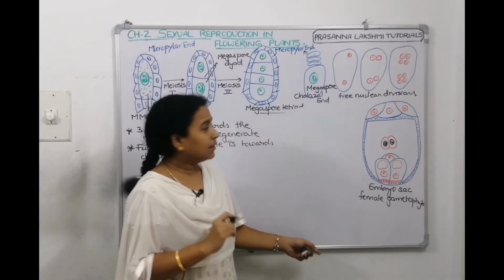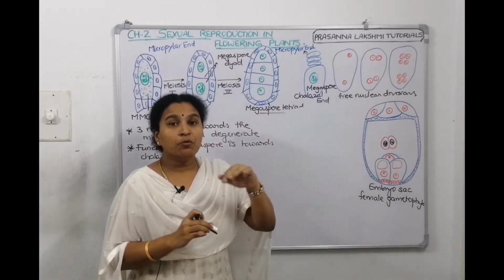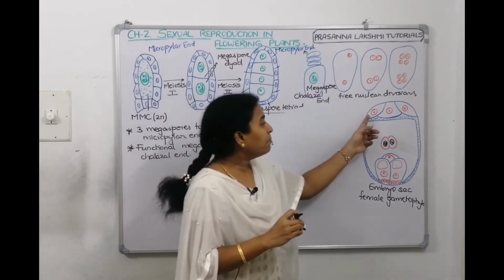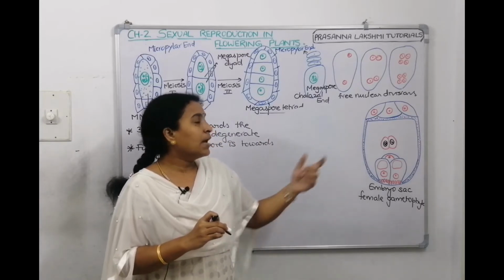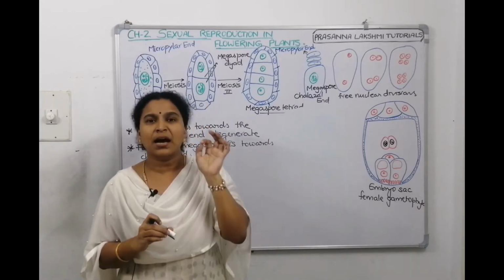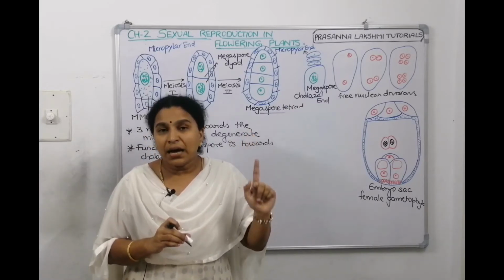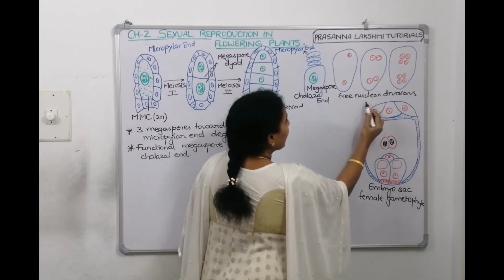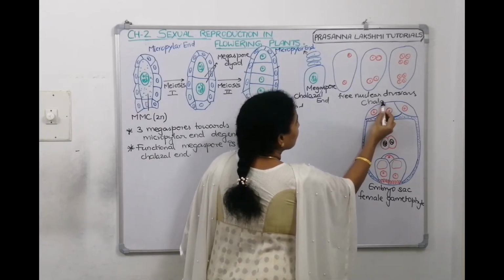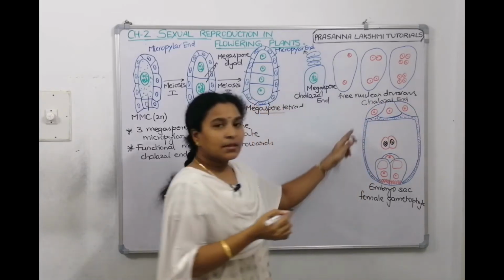Now listen. Out of these 8 nuclei, 3 nuclei will move towards one pole and they will make their wall, a cell wall will surround these nuclei, and they are the smallest cells. They are the vegetative cells located towards the chalazal end. They are named antipodal cells. Now which is this end, children? This end is called the chalazal end. Towards the chalazal end, 3 cells went.